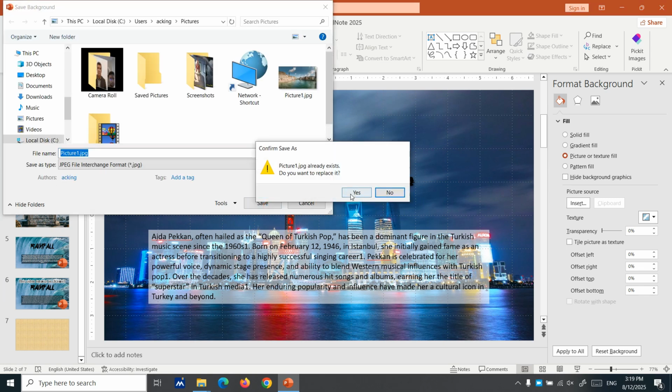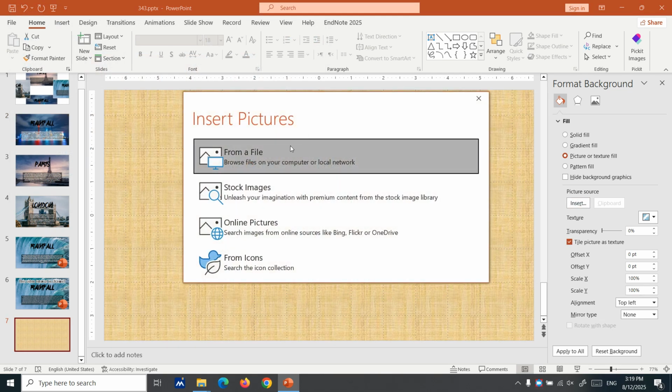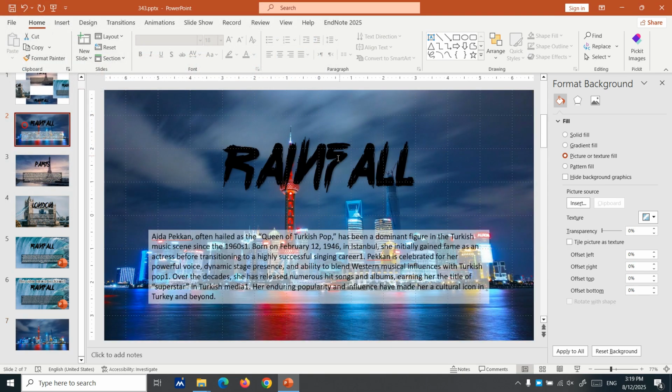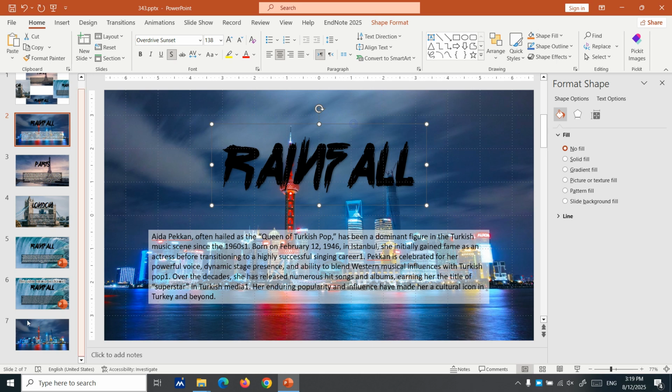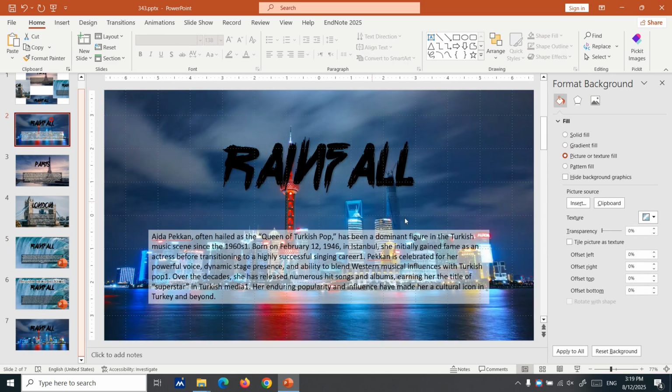It's an easy one. Okay. And then you can add it from here. Okay, the picture and then the file. The text is just some easy text created using Overdrive Sunset. And this text we have here,